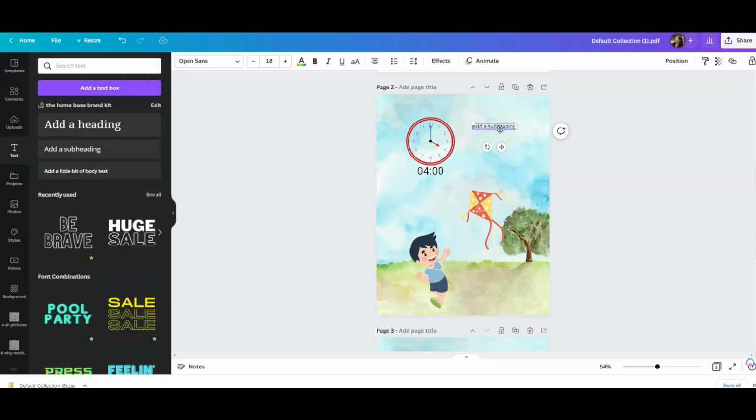We could create a story with this. So of course you would have other pages introducing the story, but this could be one of the pages in your storybook. And maybe we've given this little boy a name. So we could say, Timmy loves to fly his kite. He often plays in the park at 4 o'clock. So we make the text a bit bigger so that people can read it, and just decide where you want